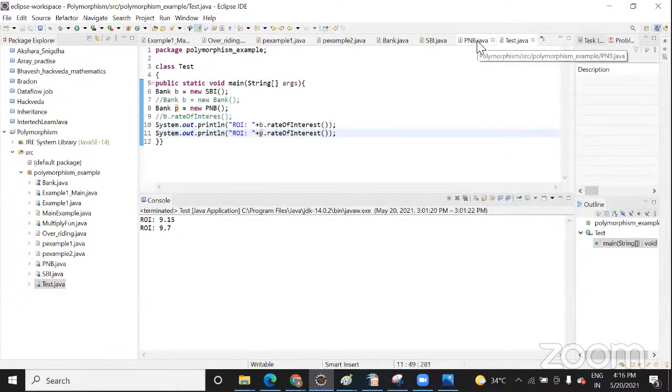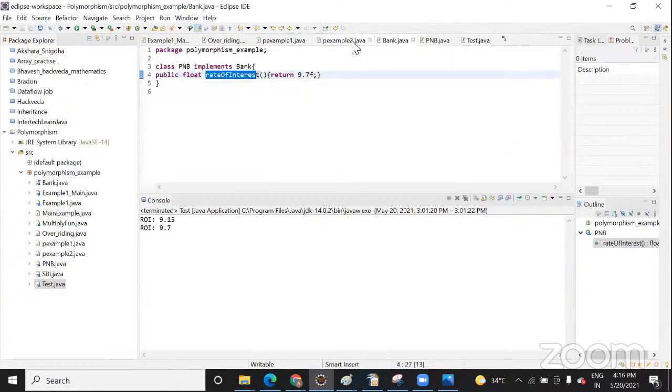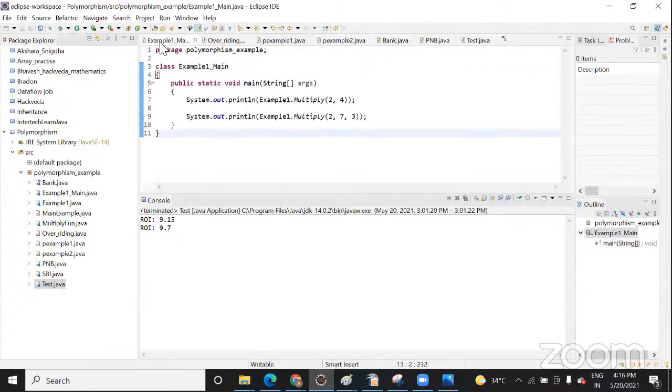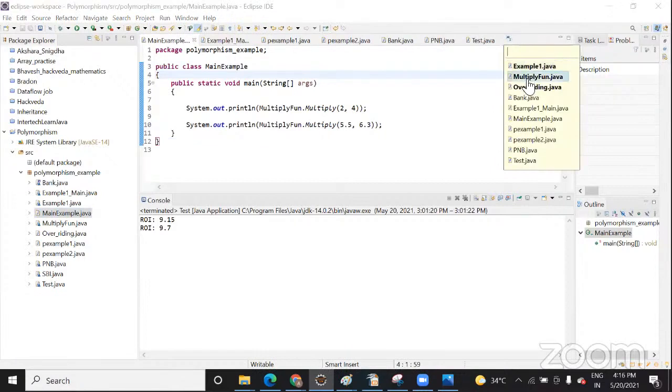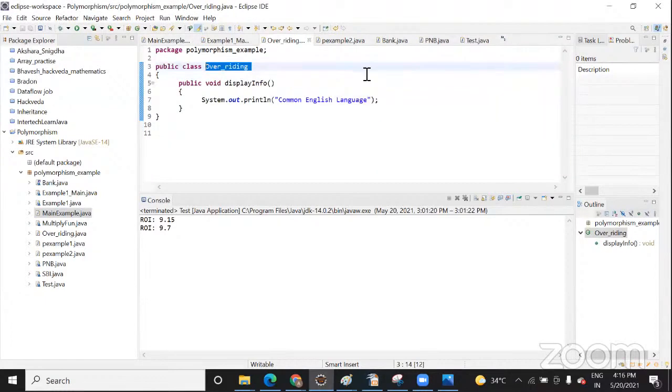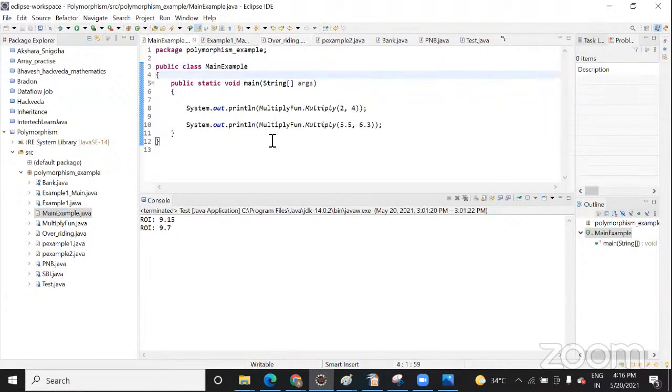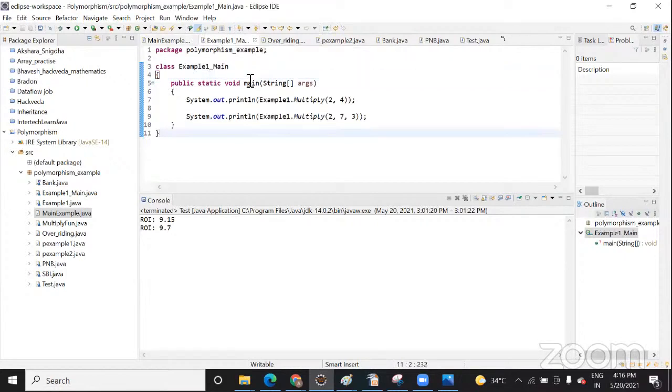Now this is the interface program. Let me show you the program. Here you see, this is one main method you have defined, and there is a program which is based on that.